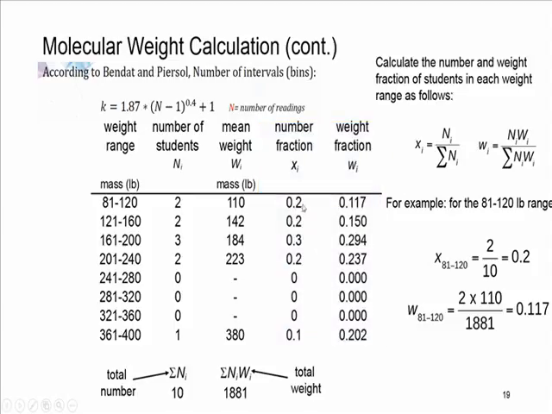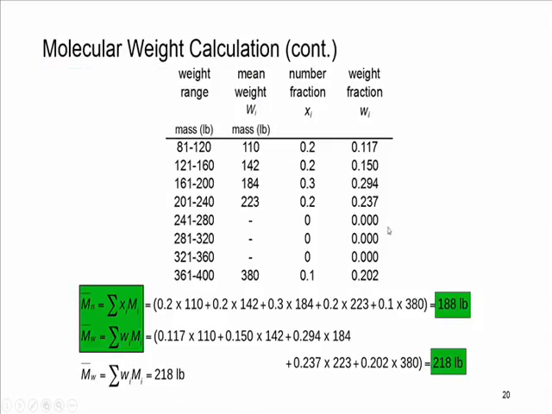So we will have these two columns added to our calculation. The first one is number fraction, as you can see, 2 divided by 10, 2 divided by 10, 3 divided by 10, so on and so forth. And this one is 2 times 110 divided by total, 2 times 142 divided by total, and then we will have this column. These calculations are also shown here. So when we write down the table again, we have number fraction, we have weight fraction, and we have the mean value. So we can easily find the number